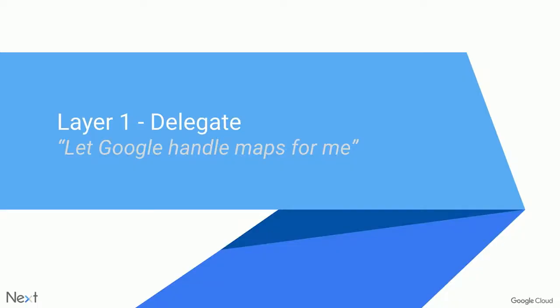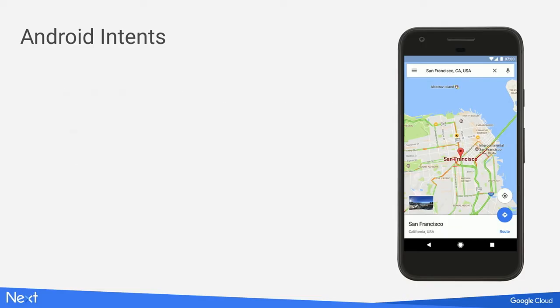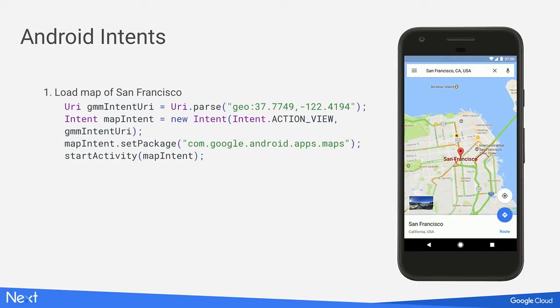And delegation really is about saying, you know what? I believe I need some sort of mapping, some sort of location intelligence in my app, but I'm going to let somebody else handle it for me. I'm going to let Google handle it for me. For whatever reason, it could be for development constraint reasons, or it might just not be a core piece of functionality in your app. And on Android, we have this mechanism called intents,